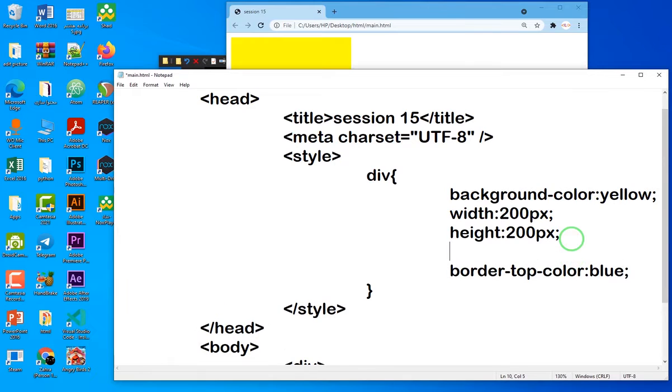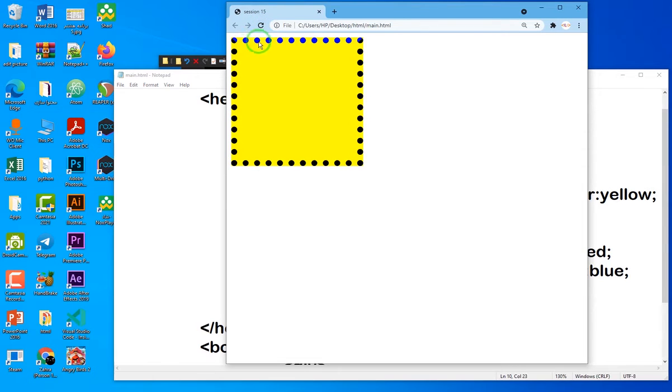because I must write the border and we must write a thickness, for example 10 px, and write a dot. I save it. I open my web browser. I refresh this page. Now you can see the top border is blue,